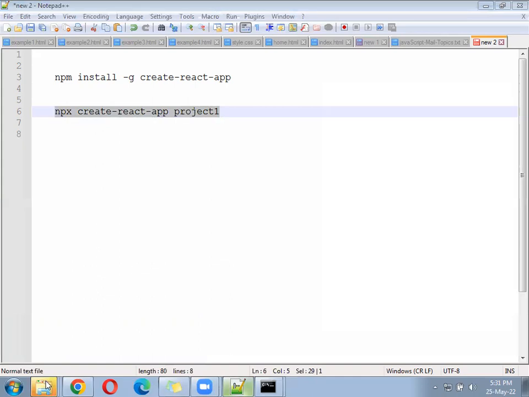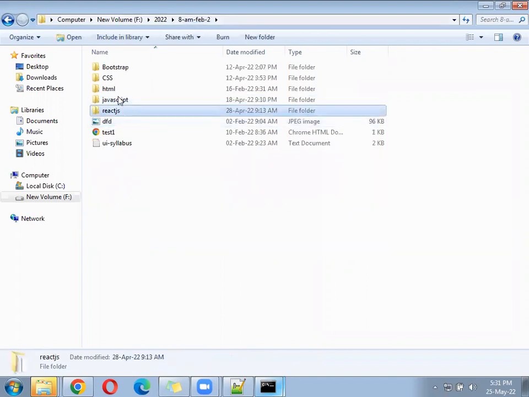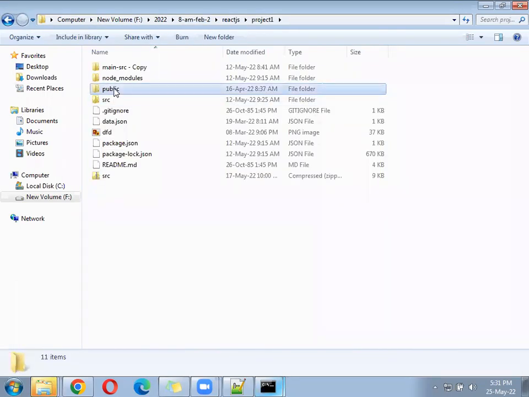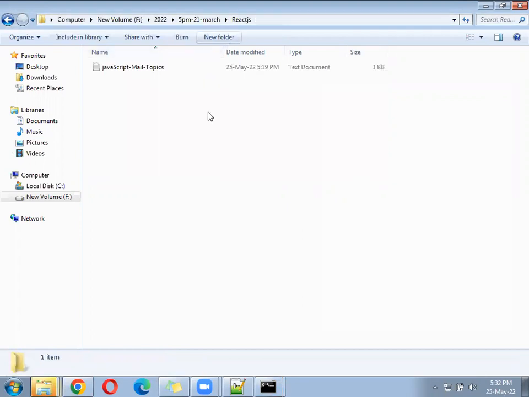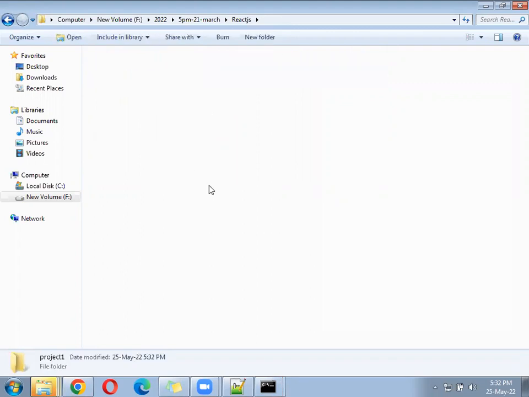Once the first one is ready, you can use the second one. Once the first command is complete, you can use the second command.